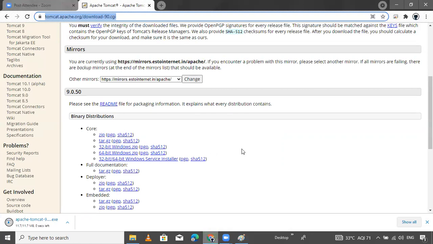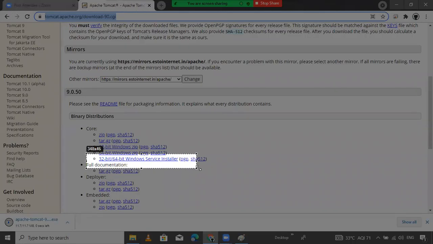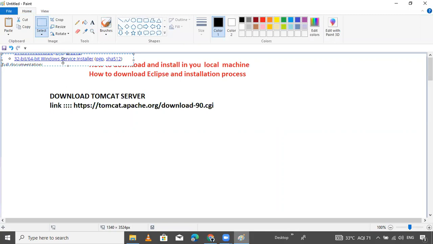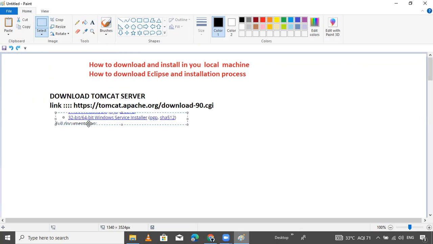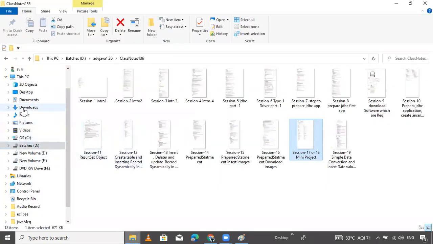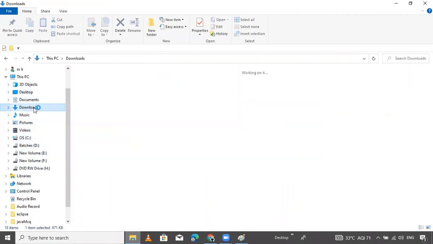I will test it. Click on this, then we'll get this download. Go into the download folder. Here is the download folder.